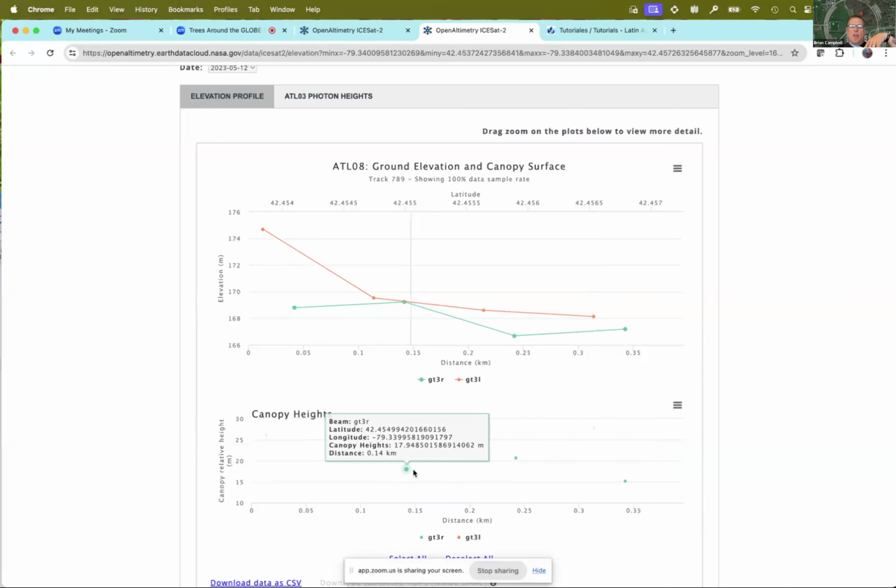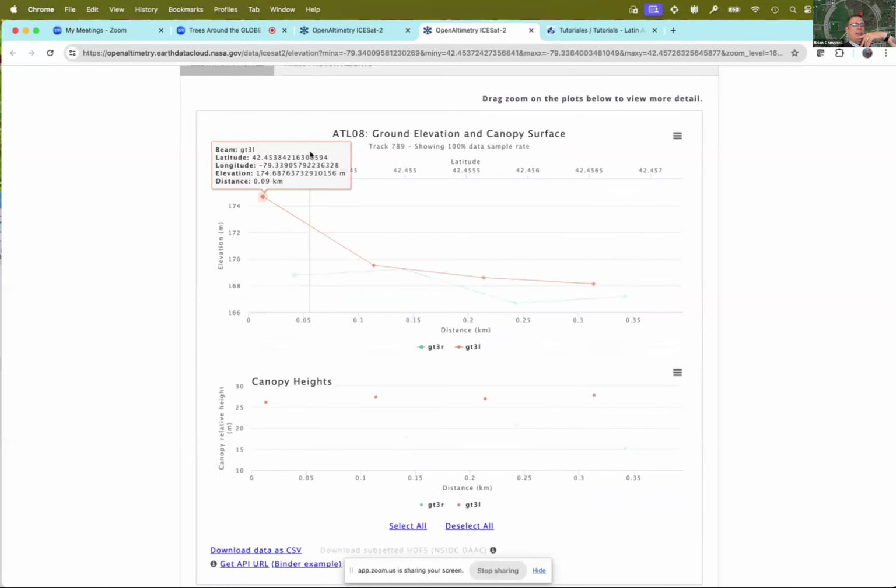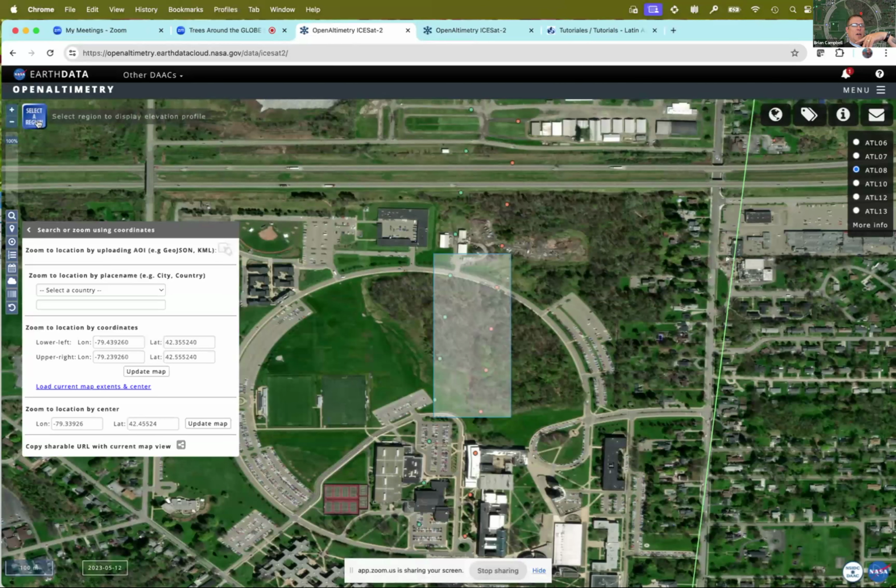And then we have some green ones, which are the smaller ones in that location, 17.9, 20.6, and 15.1. So this gives you a combination of the ground elevation and canopy surface, as well as the canopy height. So let me bounce back to that, and I'm going to unselect this.